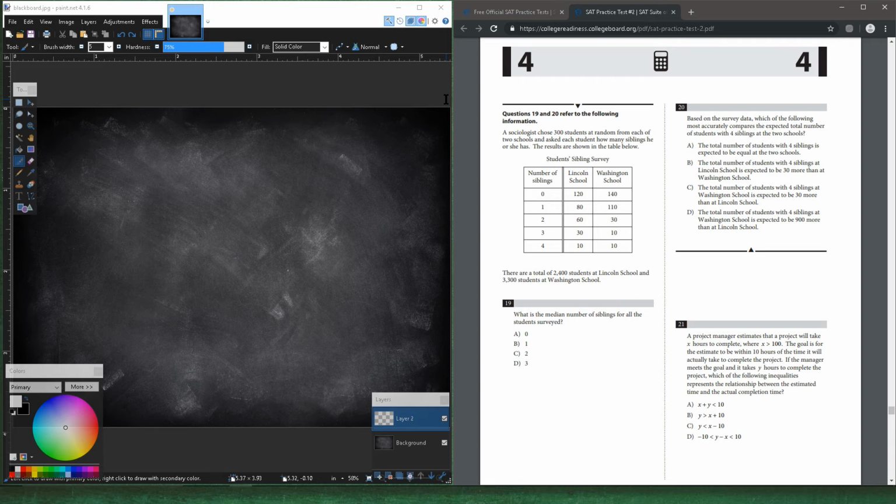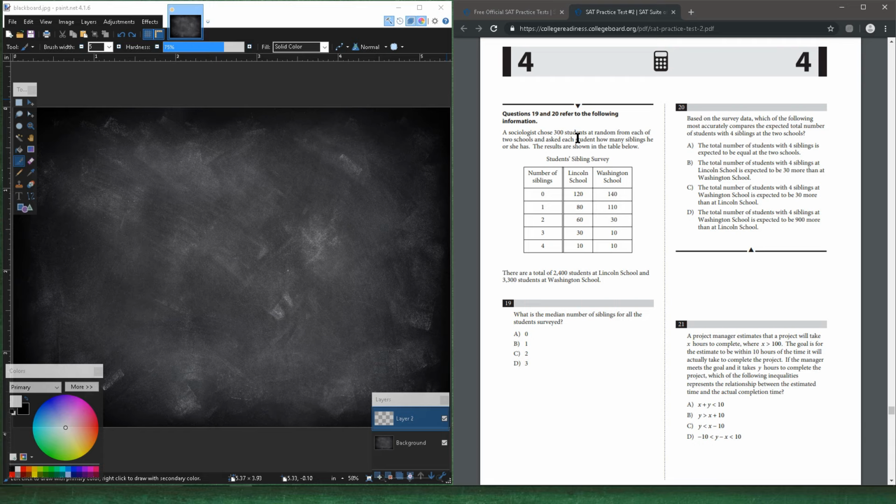Wait, no, never mind. It's 300 students, not that one. So ignore the first step. It's just 300 students, so 300 divided by 2 is 150. So we need to look for the 150 mark. There's 120 students plus 140. That's 260, and we only need